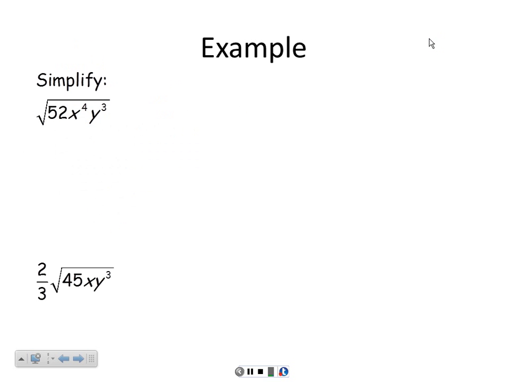Alright, so what about if we have variables underneath the radical? Well, we're going to simplify our numbers the same way that we've always simplified our numbers. 52, think of a perfect square that will go into 52. And it's going to have to be the biggest one. And I'm coming up with 4 and 13, so 4 times 13. Now, as far as the